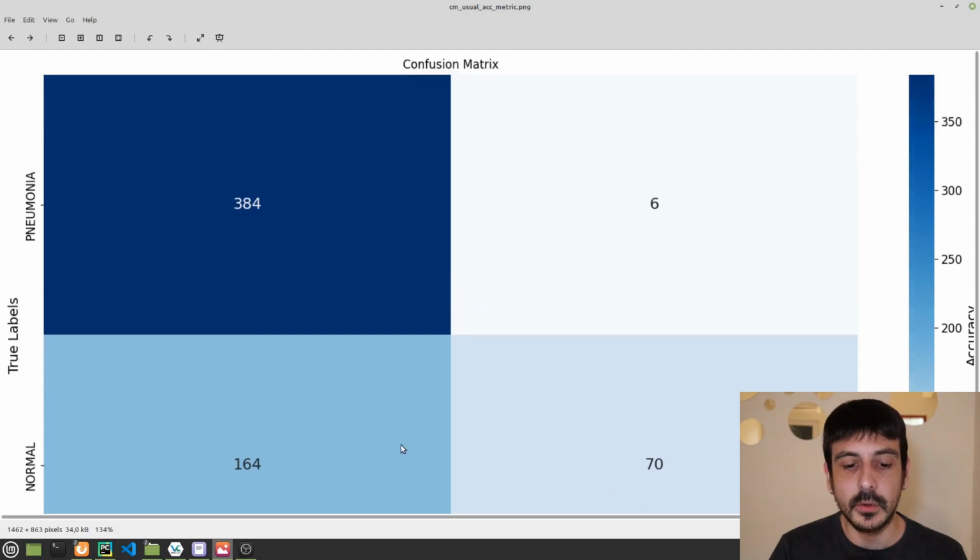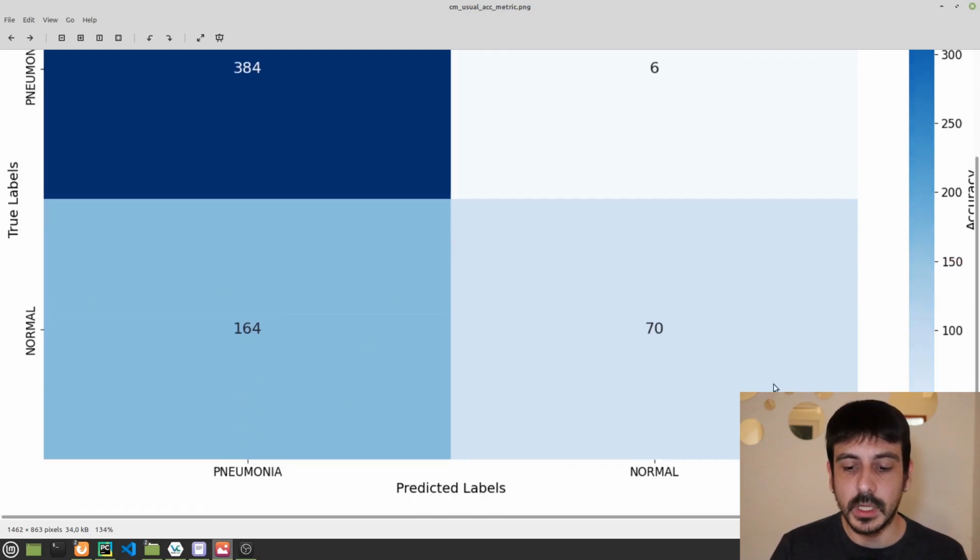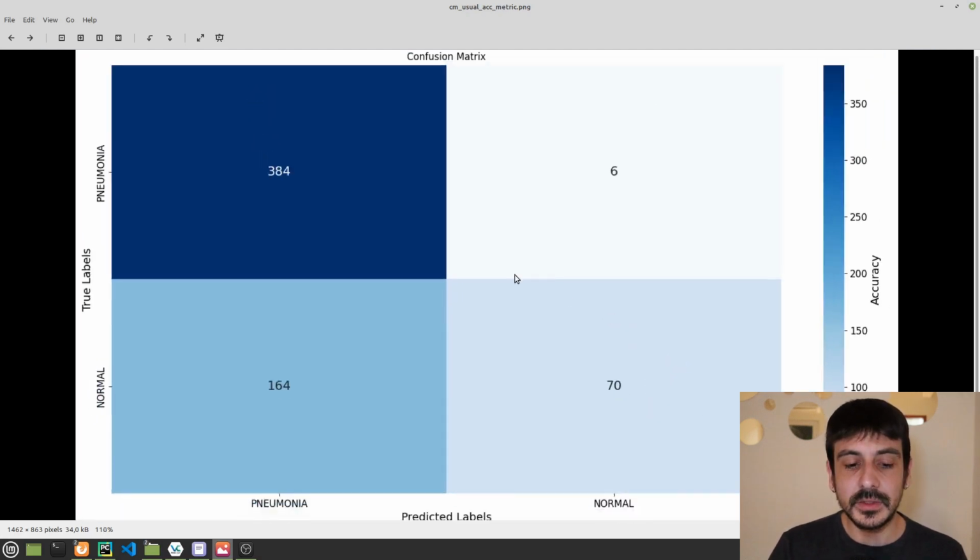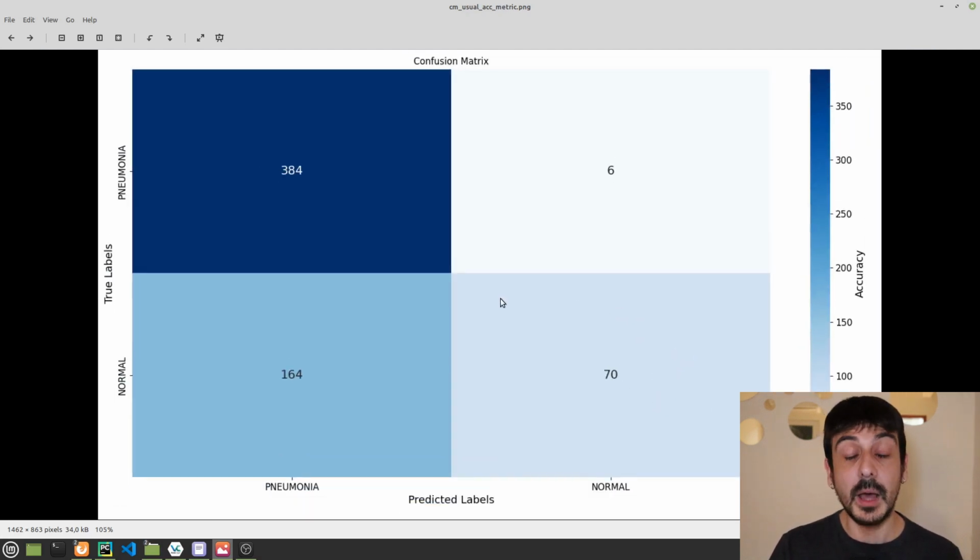If we look at one category at a time, you can see that the accuracy in the pneumonia category is something like 98%, but if we look at the normal category, it's only 30-something% or around 30%. So that's what's going on, right? And I think this is very interesting because this is something that sometimes happens in real life when you are training a model.